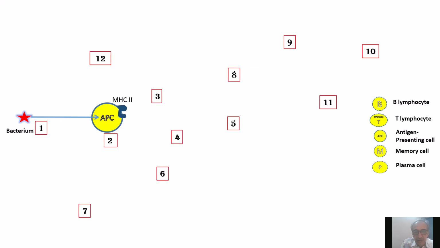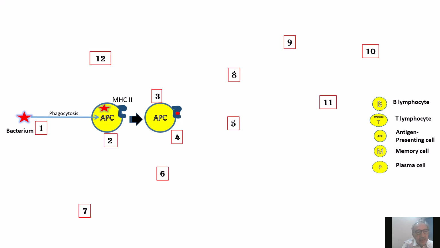Let us see the immunological response to a bacterium and then to a virus. We have to follow the numbers, the labeled numbers. So there is a bacterium which has entered the body. Number 1, it is phagocytized by the antigen presenting cell. This is going to present antigen, that is a bacterial antigen. It is phagocytized, this is the macrophage. It has MHC class 2 proteins on the surface. So along with the antigen,